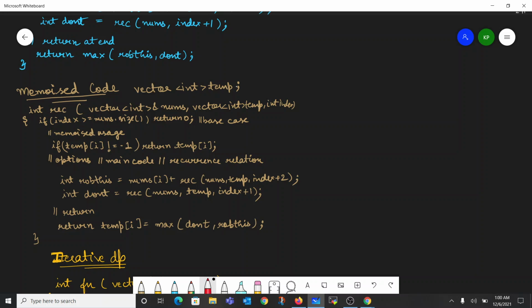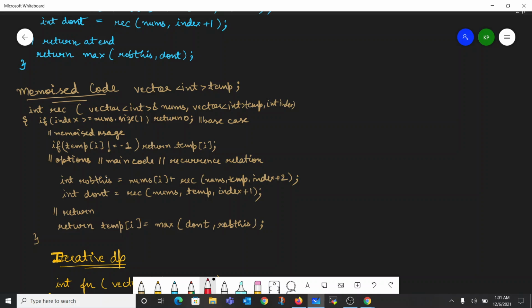That is, all the values in the temp would be earlier as -1 only, but here we will be simply filling up our temp with some values. That's why whenever we hit a case where our temp of I value is not equal to -1, then in that case we'll simply return our temp of I,